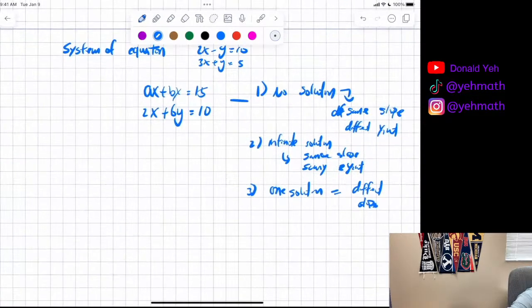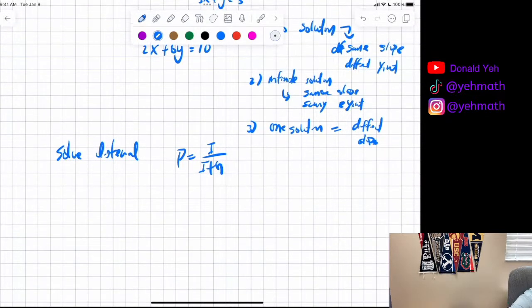Okay, for me, you have to be able to solve literal equations. I did hear there was nothing on this weekend's SAT, no literal equation, like P equals I over I plus G. But in general, 99% of the time they're going to have something like this: solve for I. But they say they didn't have one this weekend, right, Ning? Okay. But you're going to have one this Wednesday, I believe. It's unlikely that two tests don't show up with a literal equation. Or they might have something really easy and you just overlooked it.